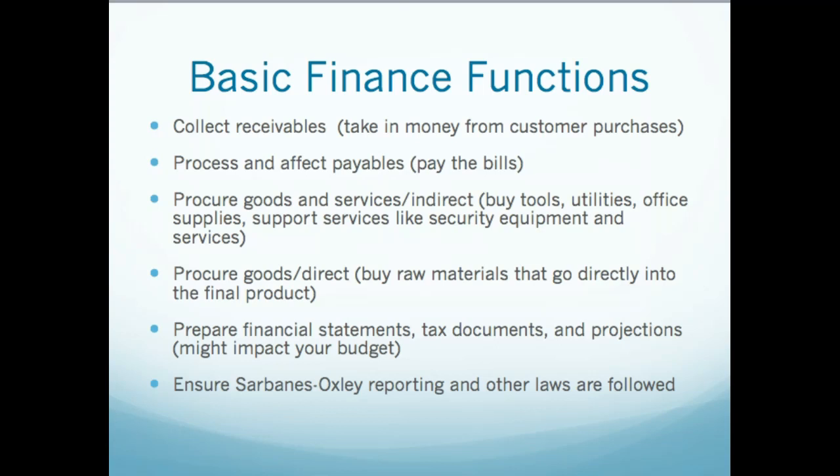They prepare financial statements, tax documents, projections. Projections are just that. If we spend about $2,000 every month on, let's see, two-way radios, right? We have a big operation. We have two-way radios. We have to have the license. There's maintenance. You have to buy new ones when the old ones get ruined or get lost. We spend an average of about $2,000 a month. We know that in our budget, we're going to ask for about $24,000 a year for two-way radios, right? Because that's our normal spend.